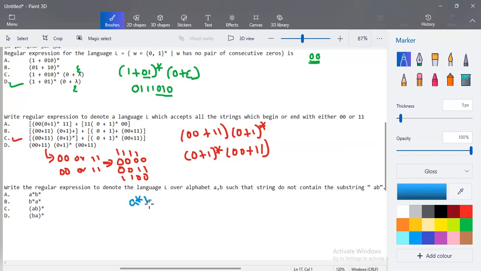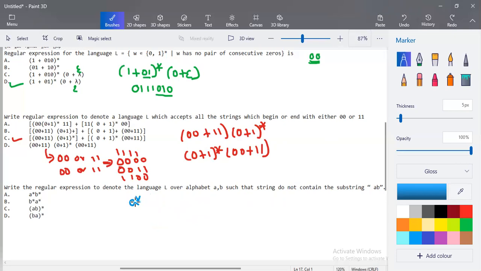The first one is A star, B star. What does that mean? Any combination of A, epsilon, A or AA or anything, followed by epsilon, B or any combination of B's. Okay, so this is the condition. In case the star is taken as 1 A and 1 B, I may have AB in the solution. So AB may come into the solution when 1 A and 1 B is executed. So surely option A doesn't come into the picture.